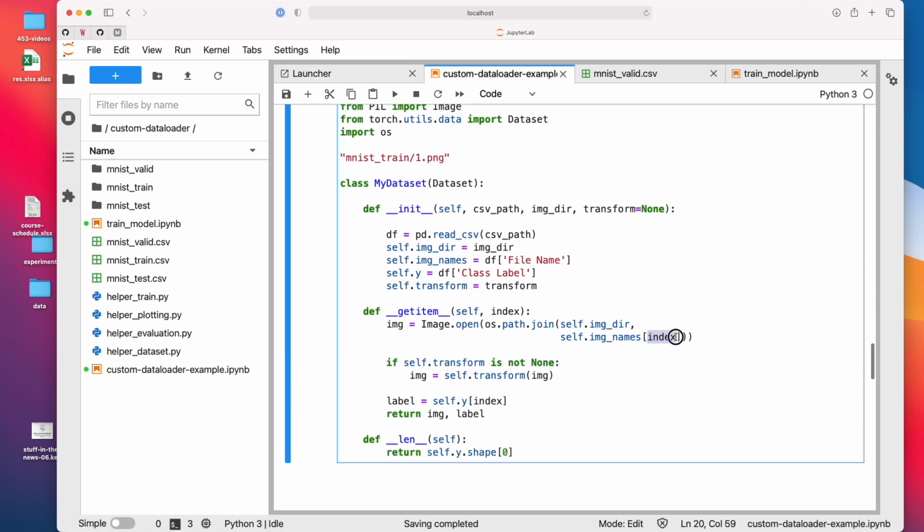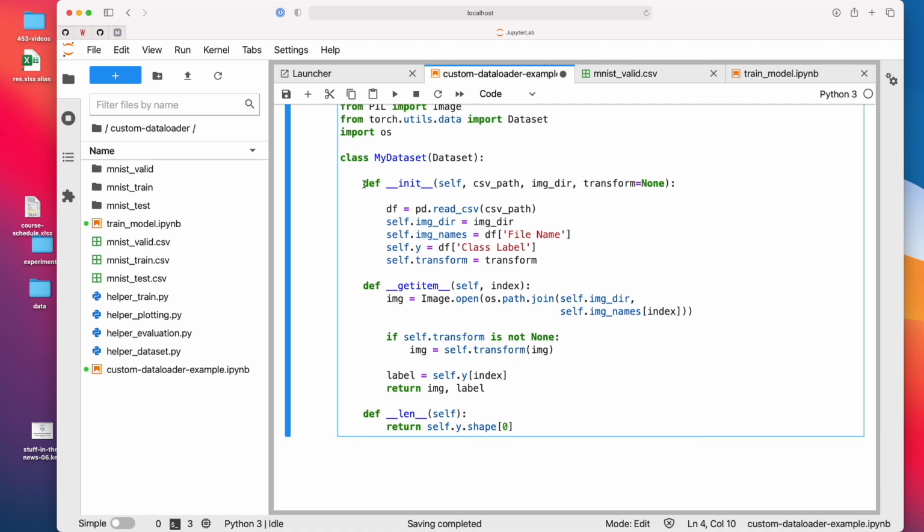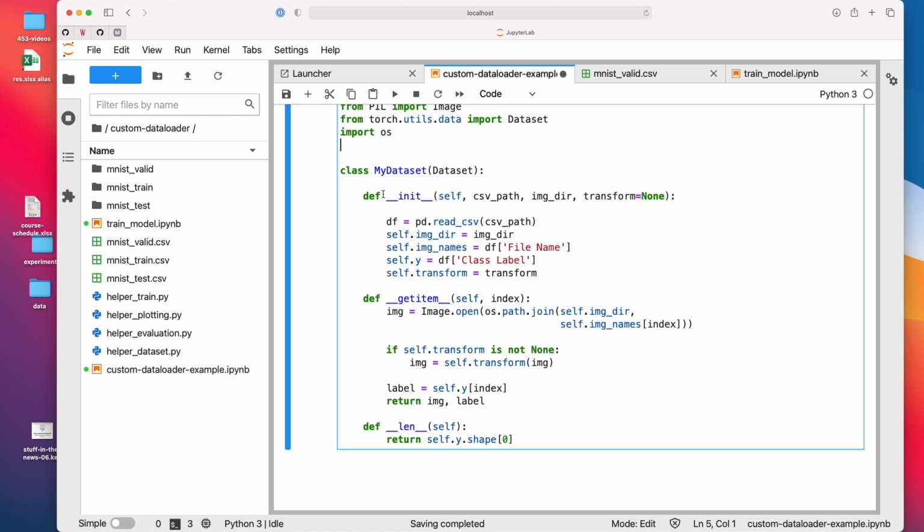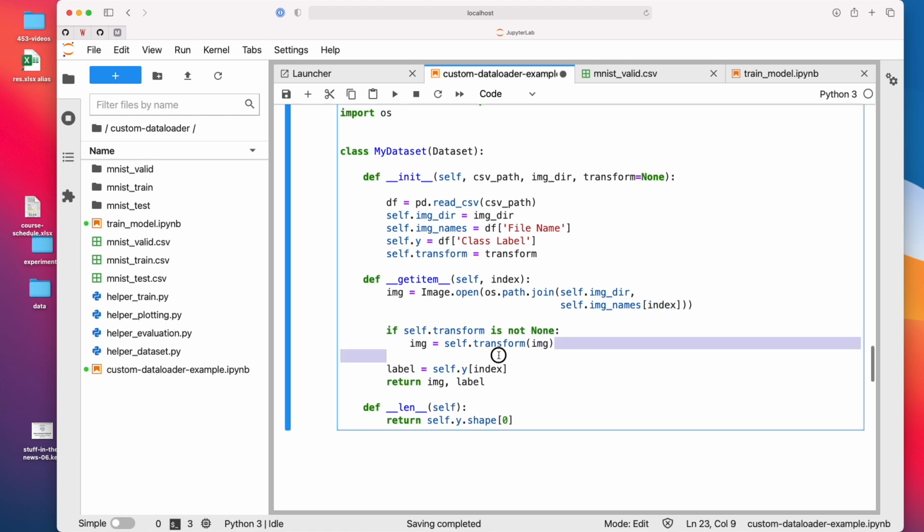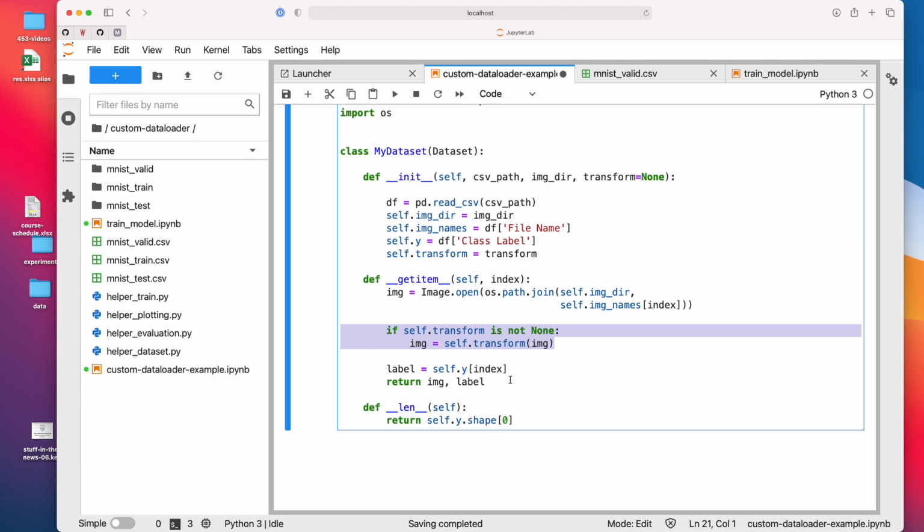So here index will select a random one, so it could be either 1 or 3 or 5 or 123, whatever. So this is chosen randomly. So this is how this data set is basically shuffled, by always picking the indices in random order. And then there is an optional transformation that we can apply to the images. For example, normalization, rotation, and things like that. And I will show you how that works in the next lecture.